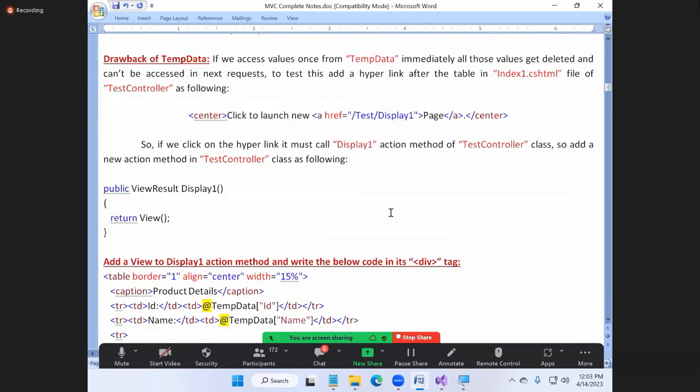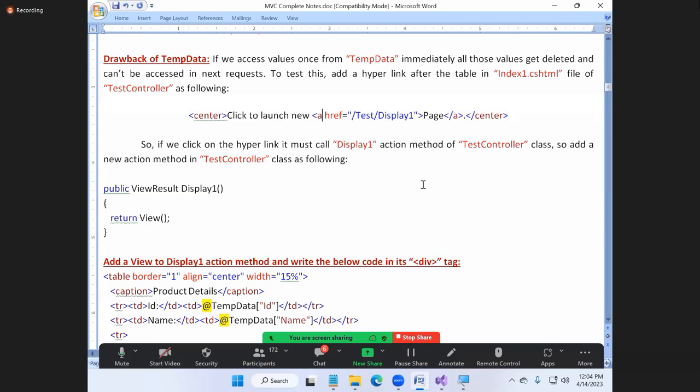So one thing we got clarity on now. What is that? Once we access the value, the values cannot be accessed anymore. Are you clear? Once we access, we cannot access the value anymore. It won't be accessible to you anymore. But I want to access it. Where do you want to access? I want to access in multiple pages like this. Sometimes all values, sometimes some values, sometimes one value.